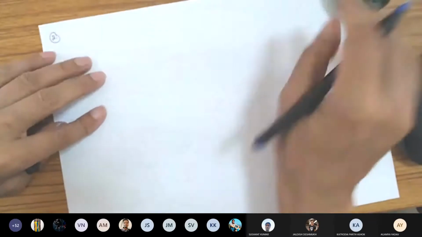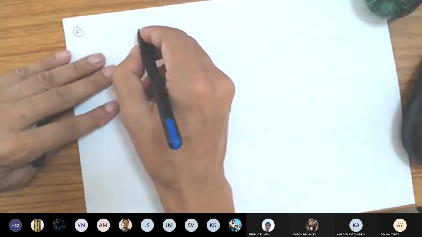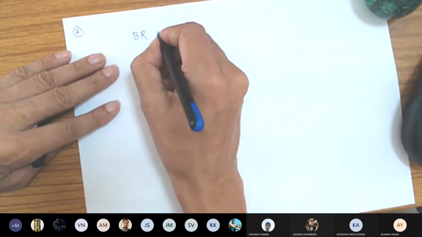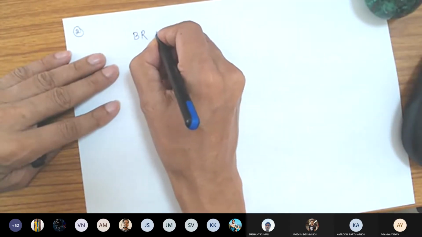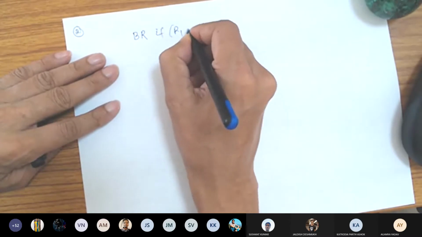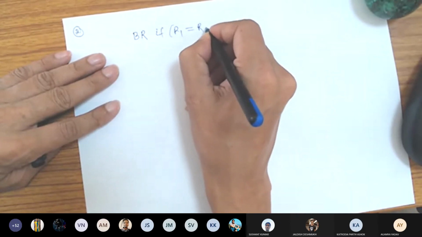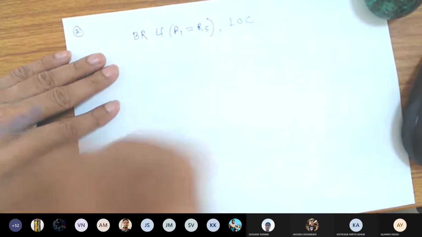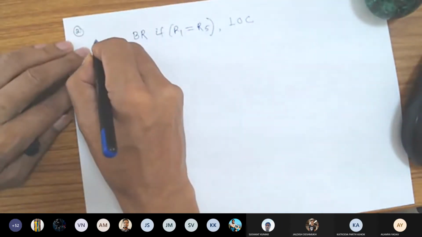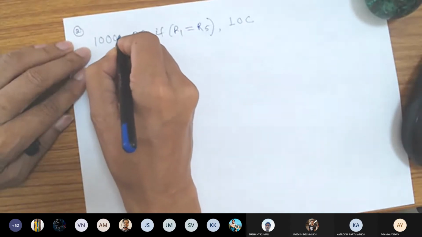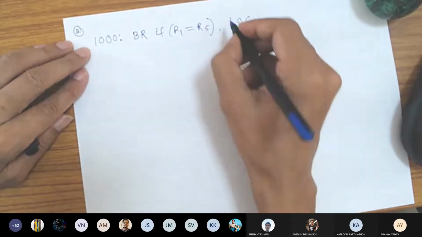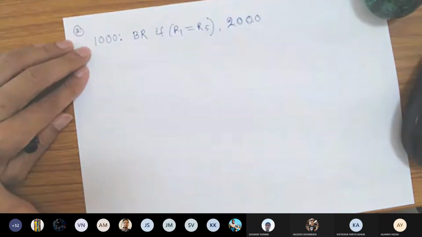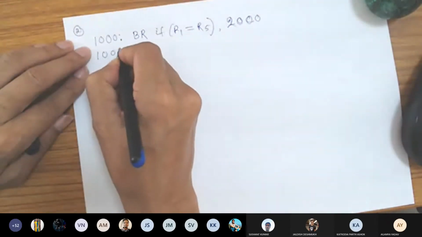Since you have raised this, say my instruction is branch if R1 equals R5 to location 2000, and this one is at location 1000, and the next location is 1004.